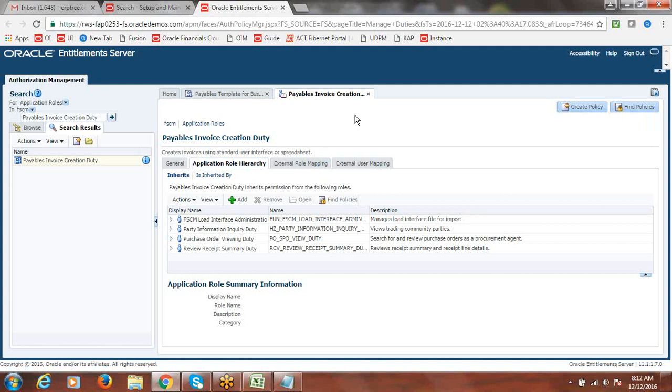That only we saw when we were creating the copy of the seeded role, and when we were creating, the system was showing two hierarchies. One it was showing like this, and the other one as an item view, right? This only we call the application role hierarchies. This role is connected with which other roles, other duties, that only we call role hierarchy.